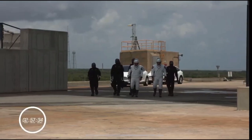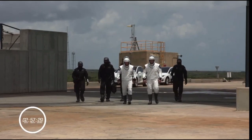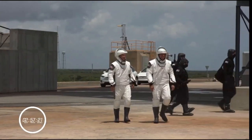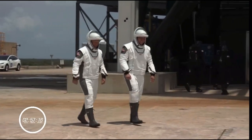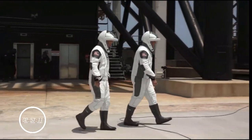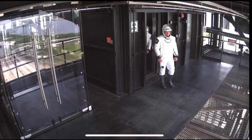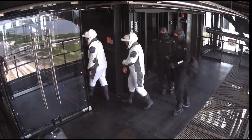Of course, we saw them pull up in the Teslas, and there they are. Looks like they've already gotten out of the car, and they are walking up to the elevator that will carry them all the way up to the 255-foot level, and then they'll have a couple of steps to get up to the level where the crew access arm is. I have the AC/DC song in my head as I see them walking up. You know what I was kind of jamming out to on my way in was ZZ Top, Sharp Dressed Man. Oh, here they are. That's a really fast elevator. Yeah. I know, it really zips. That took them up to...